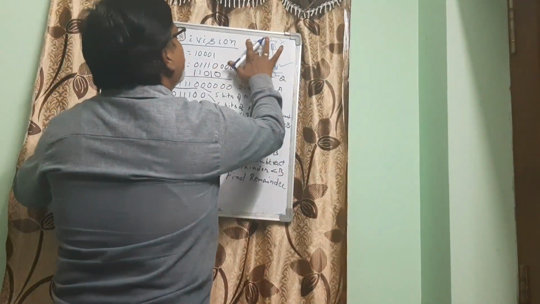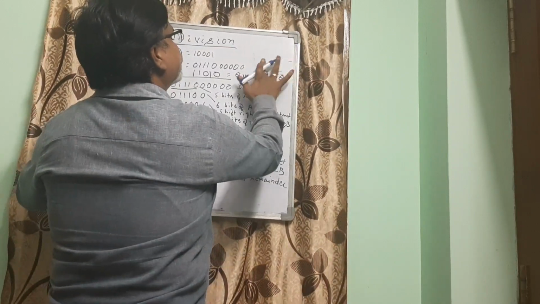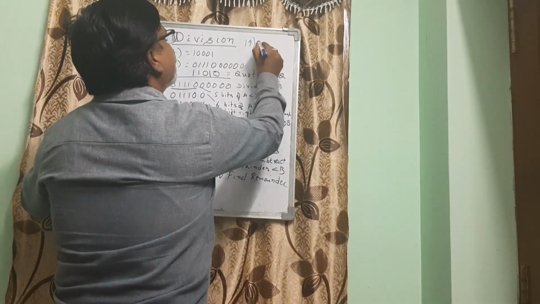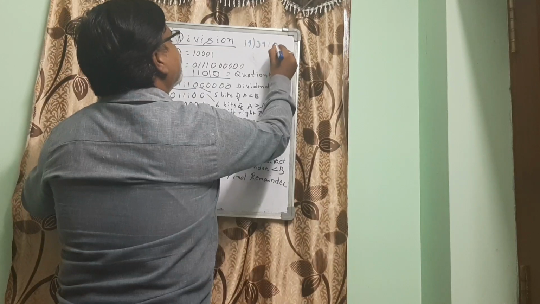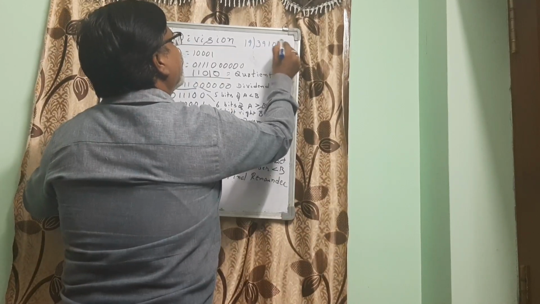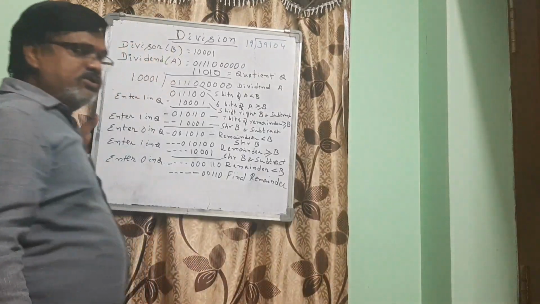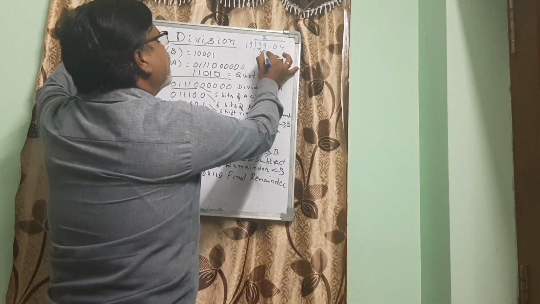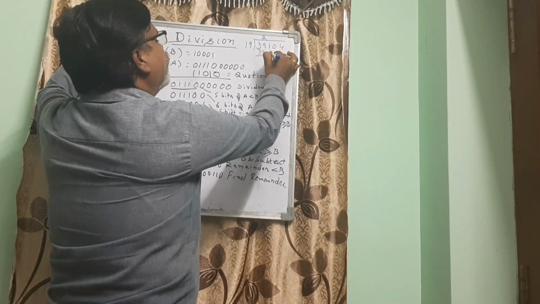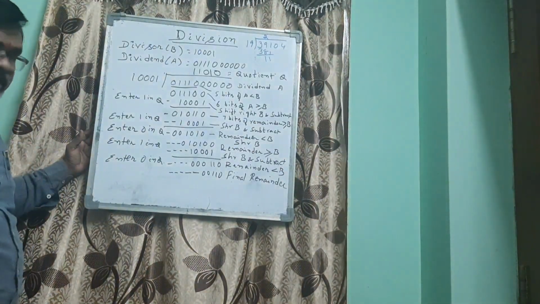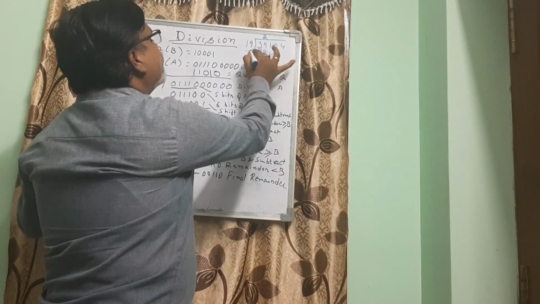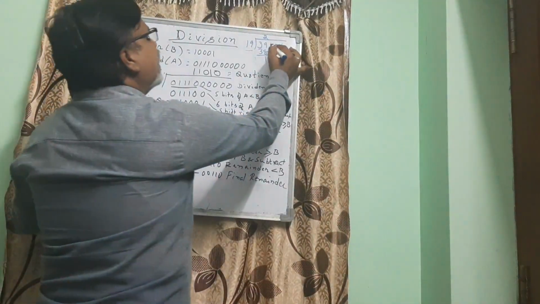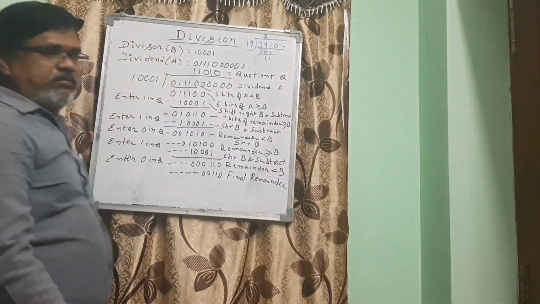Say for example, if we take another one, like 90391 divided by 19. If you want to divide, you know very well that 19 2s are 38. You take 1, this one comes down. Now just see the remainder is obviously less than 19, but still the dividend is not completed.